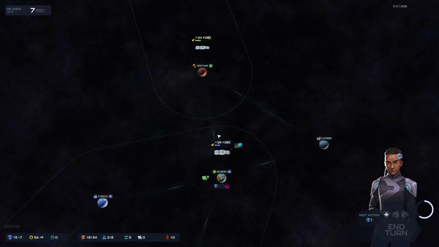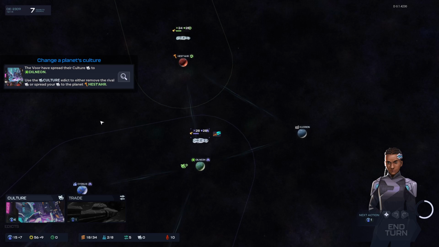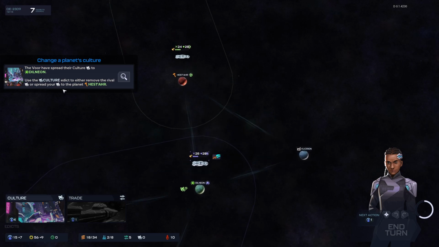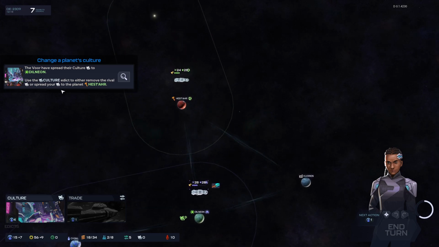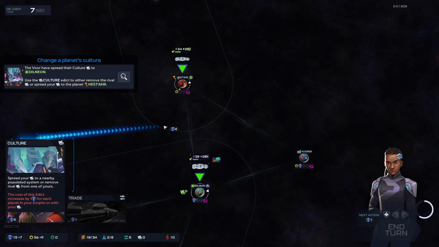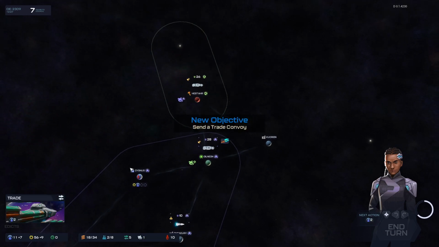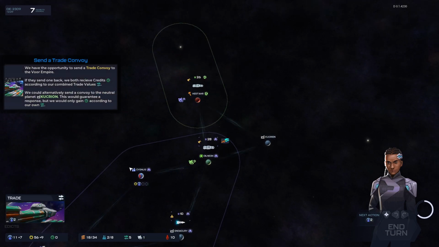Years until new League Council 7. Okay, finally, I can read. The Vor have spread their culture to Dilnion. Use the culture edict to either remove the rival culture or spread your culture to Hesthar. Let's spread our culture to Hesthar. Let's intermingle our empires. Campaign underway. Send a trade convoy. We have an opportunity to send a trade convoy to the Vor Empire. If they send one back, we both...